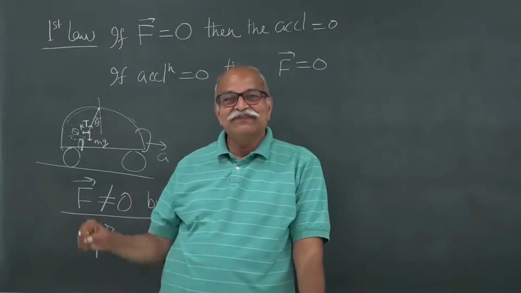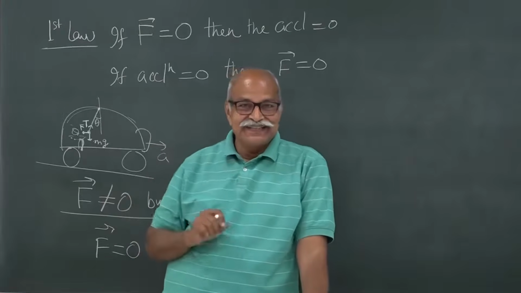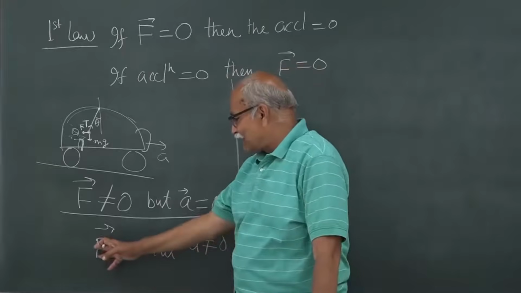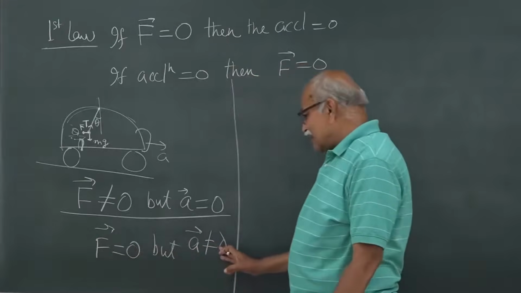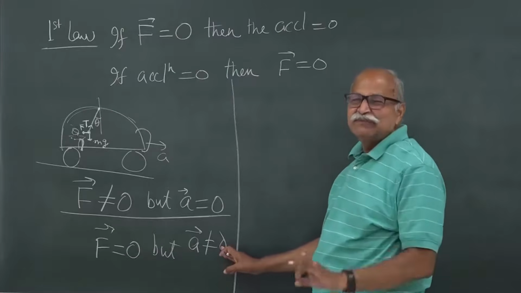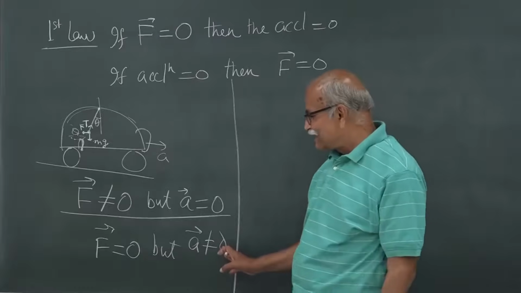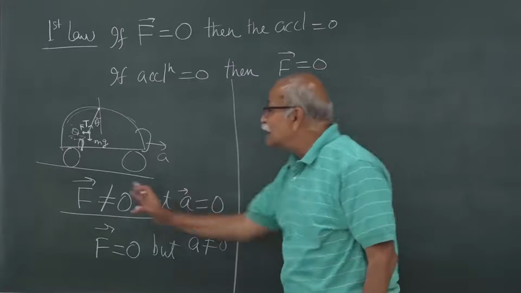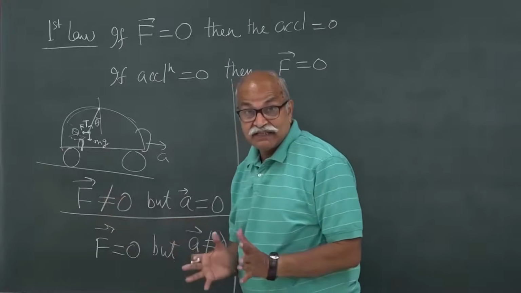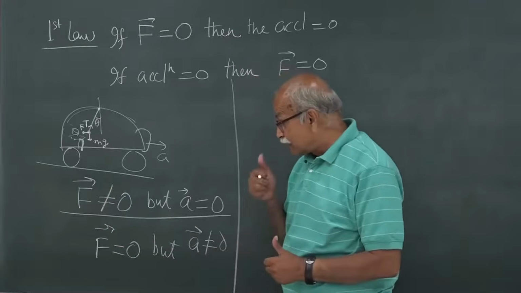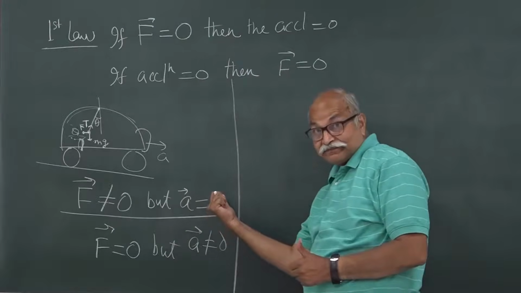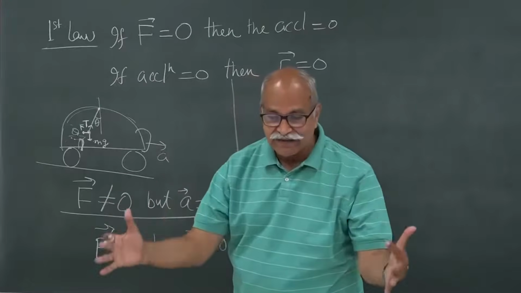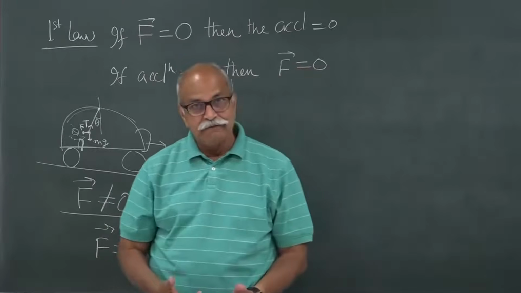Fortunately, the earth's frame of reference is close to inertial, although it is non-inertial, but it is very close to inertial. If you think of this condition that if F is 0, what will happen? The acceleration will be very small, exceedingly small. So, we can take it as inertial frame of reference, and if the acceleration of some object is 0, how much is the force? In the frame of earth, how much is the force needed to make the acceleration 0? That force is exceedingly small, and therefore we generally take earth as an inertial frame of reference,